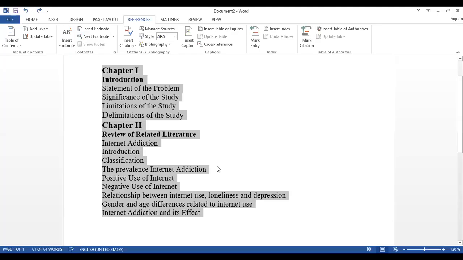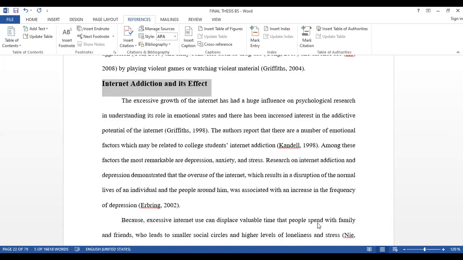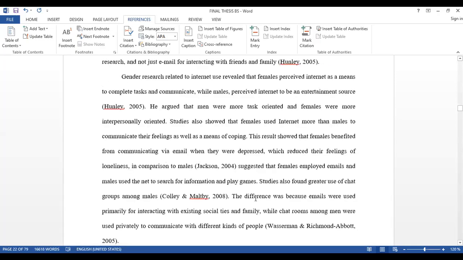I selected all the headings under chapter 1 and chapter 2. You also select all the headings of chapter 3, 4 and 5 and paste them here, like I do. Okay. After that, a single document sheet. What should I do now? I go to the final sheet and